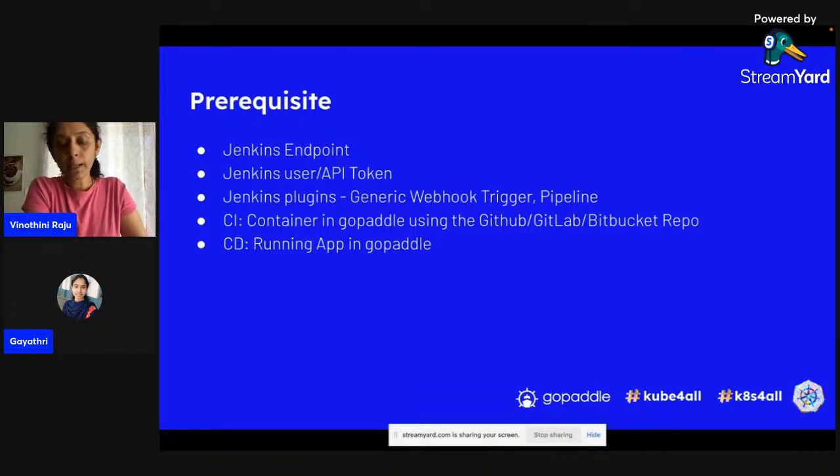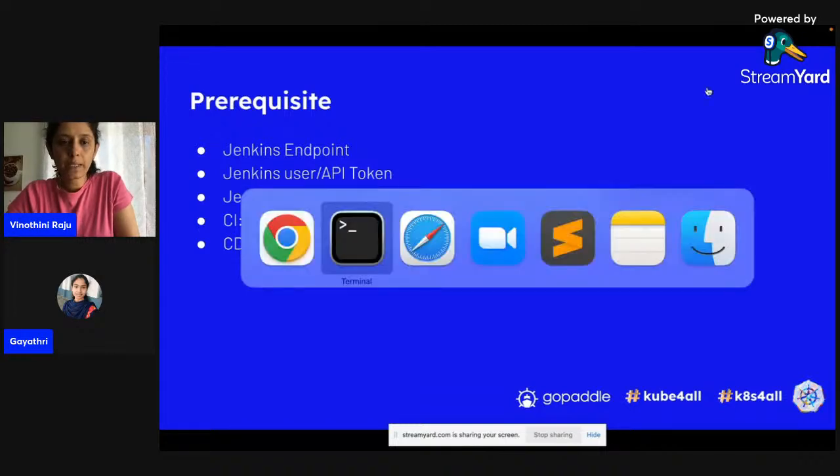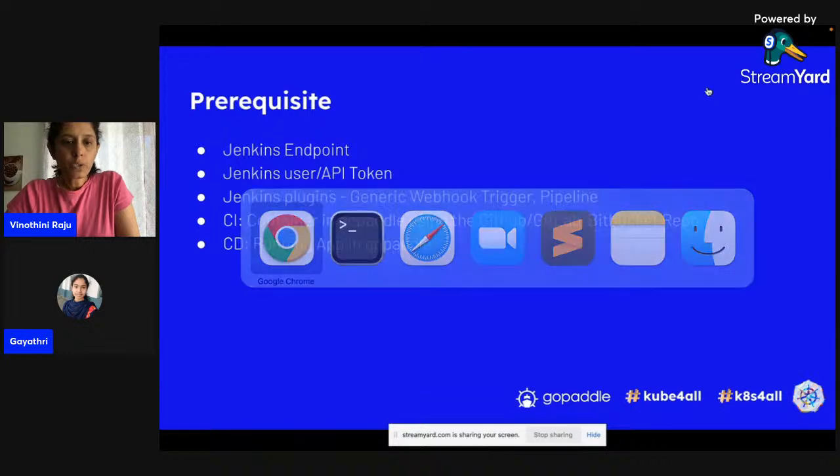So how to get an application up and running, how to create a container in gopaddle? I think in the previous sessions we have covered a step-by-step process of doing this. If not, I will show you some of the options through which you can get started really soon. And then once we have all this, we are going to build the pipeline. So let me switch back to the